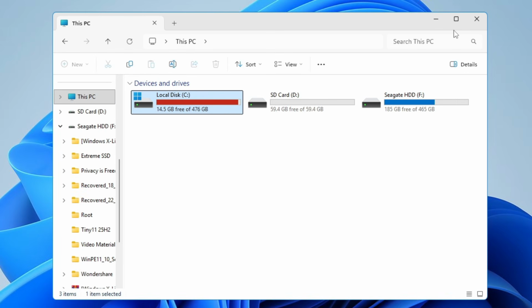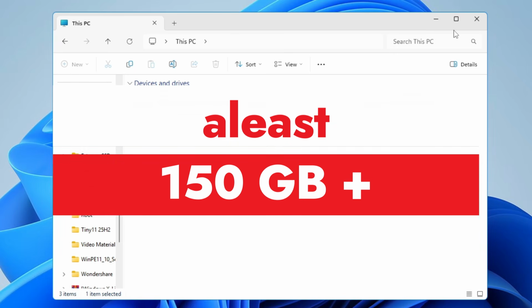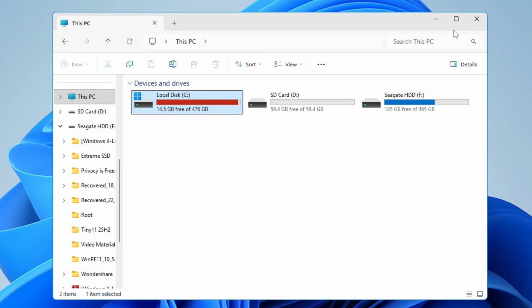So as of now, you can see on my computer, I have only 14.5 gigabytes of space out of 476 gigabytes, and just emptying around 3 to 4 gigabytes or even 10 to 15 gigabytes of space will not make much difference. So we need to really get some extra storage, like around 100 to 150 gigabytes of space. And I will start with the very effective and very powerful method that will clear out huge